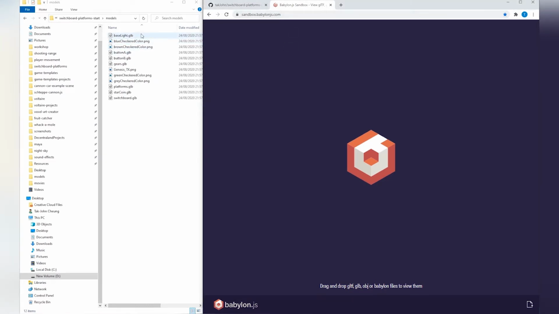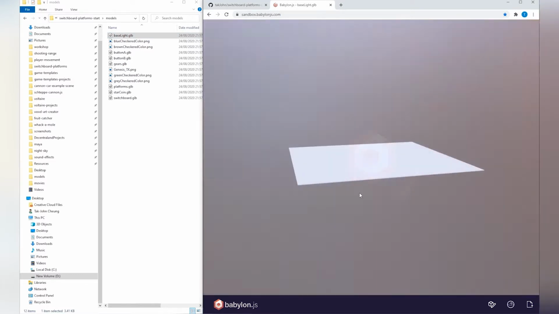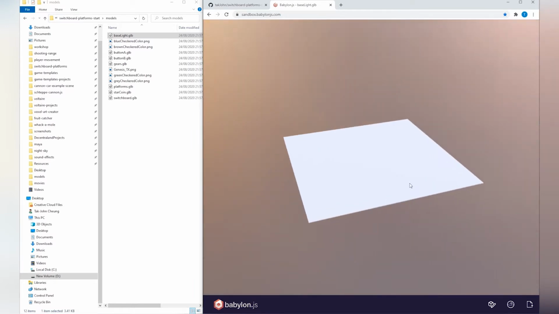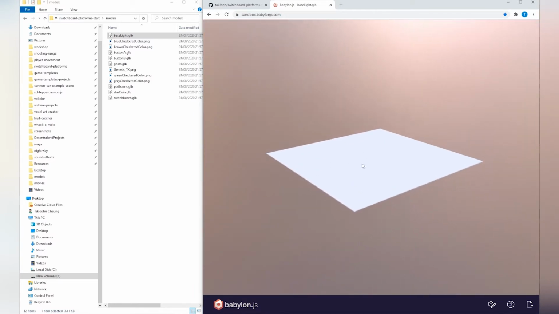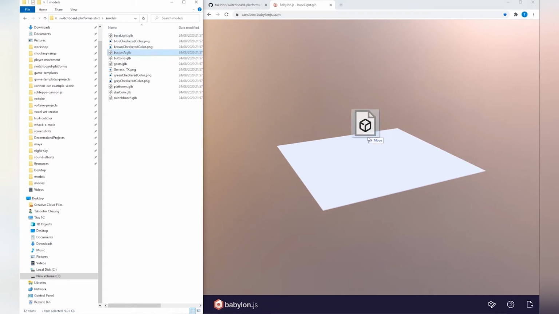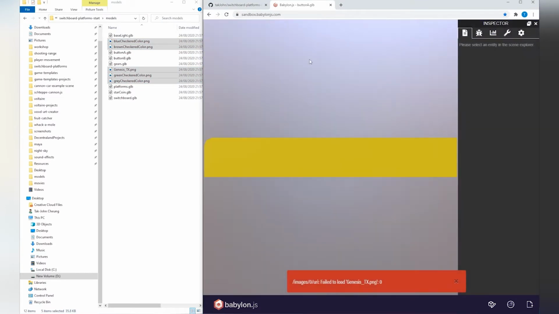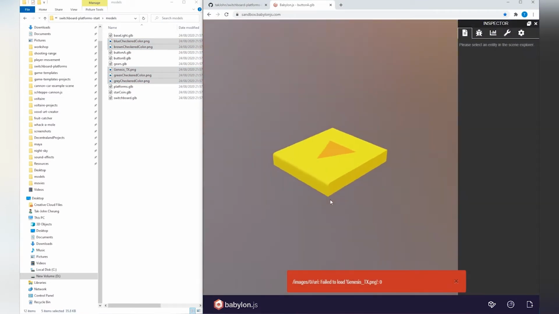I like to look at these GLB files in sandbox.babylonjs.com, where you can just drag and drop these files and take a look at them. So this is the base, which is the ground plane for our scene, and next we have the buttons. Looks like that failed to load because we're missing the textures, so let's just drop those in. And here's one of the buttons for the switchboard,